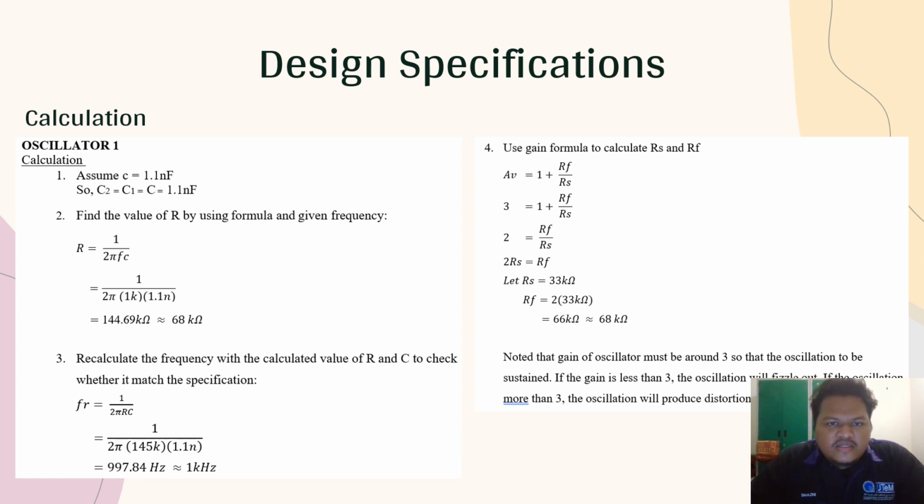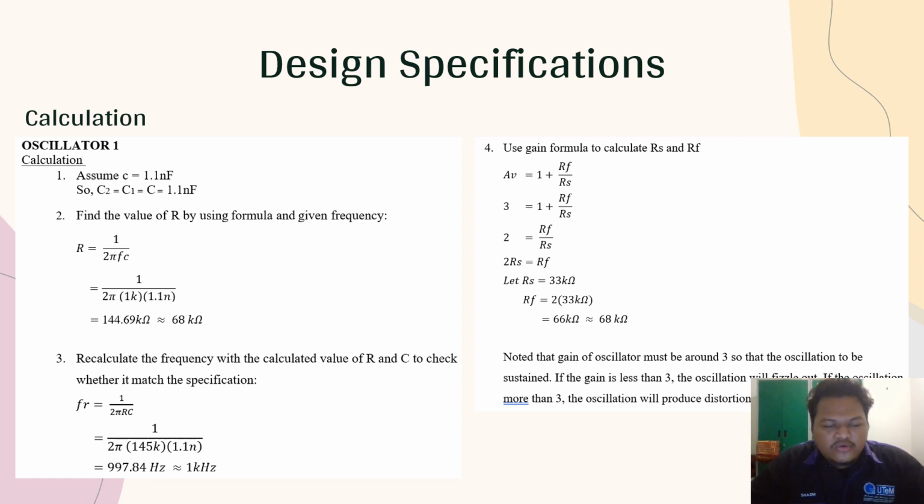Next is the design specification. So we must calculate the assumed value. For the assumed value, C is equal to 1.9 nanofarad. So we assume C2, C1, and C are equal to 1.9 nanofarad. Second, find the value of R by using the formula and given frequency. R equals 1 over 2 pi Fc. So we get R is